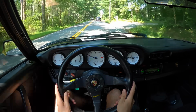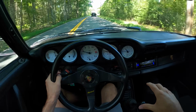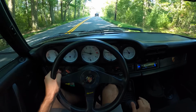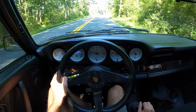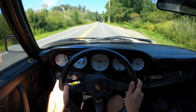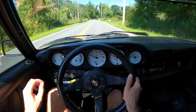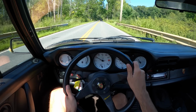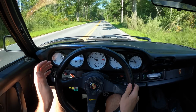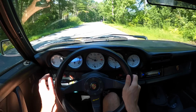Would I recommend a 930 to a, let's say, first-time user? Probably not. I think getting used to what a rear-engine air-cooled 911 feels like is something best done more around 200 horsepower. You've got to feel out how they drive. And the best thing about a 911 is the steering feel. Now, coming from a front-engine GT car like most of us grew up with, it's a very different experience, but